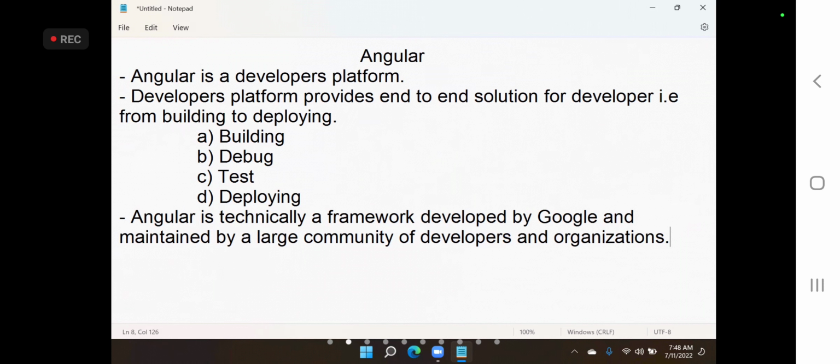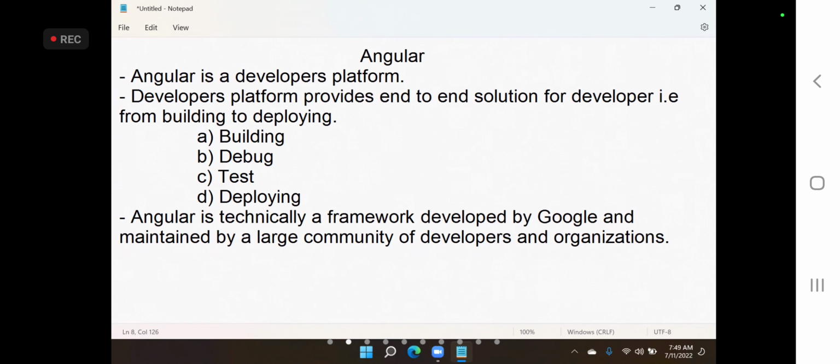Any open source project, you know, is contributed to by a lot of developers and organizations. So technically it is a framework.